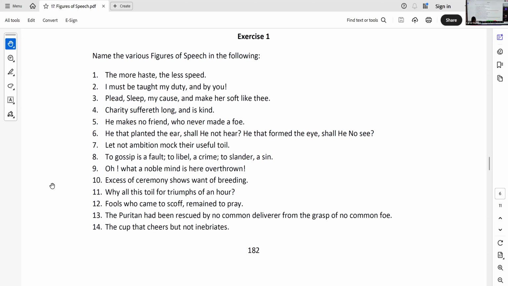10,000 swords is hyperbole. 54 is an apostrophe. What is being addressed in 54? Solitude. You're talking to solitude. Complete this exercise and the next exercise is being given as homework. I'll take up the doubts tomorrow or day after. Okay? Bye.